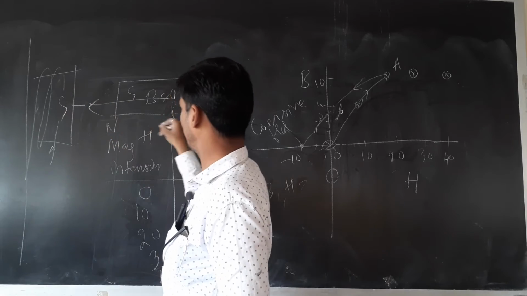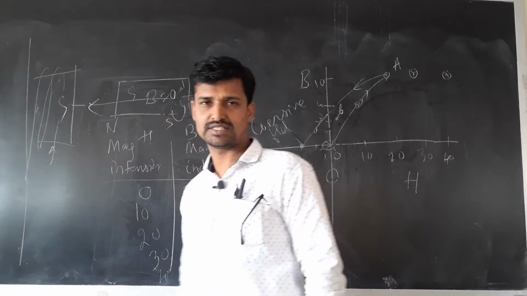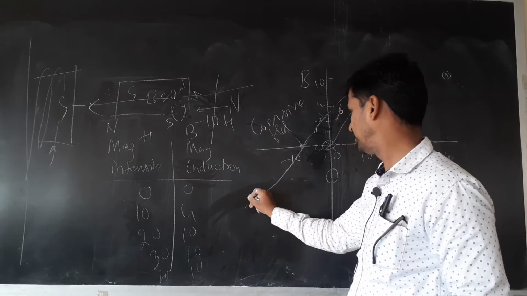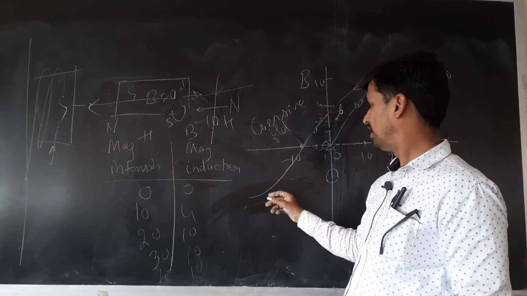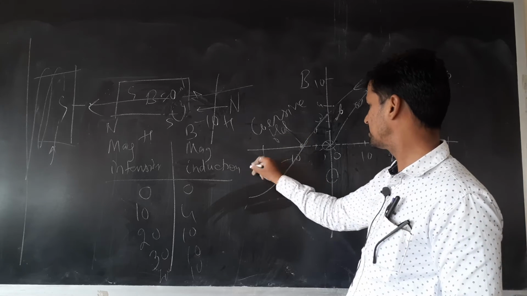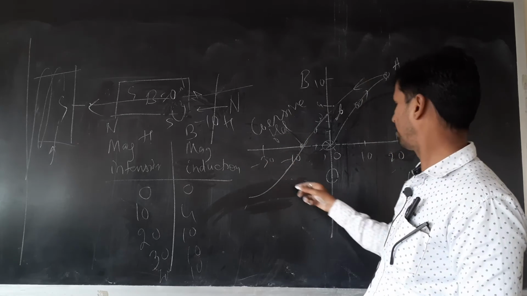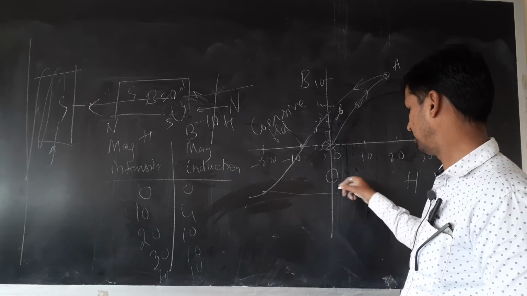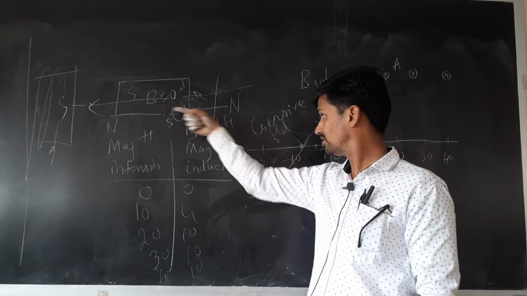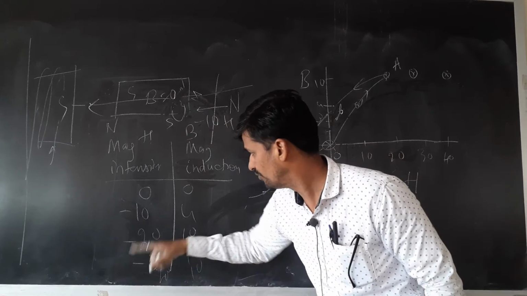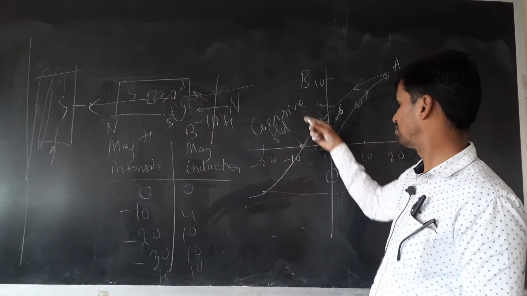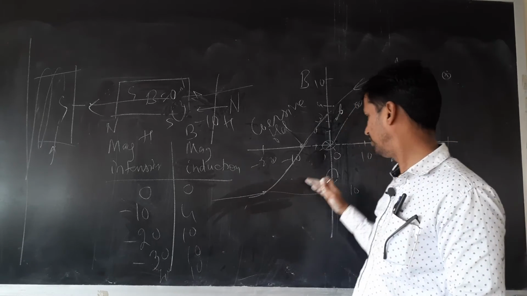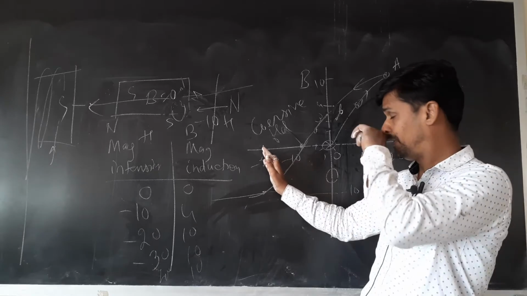Now what is done is, in the reverse direction go on increasing the magnetic field, it gets magnetized in the opposite direction, meaning this will be north, this will be south. It will be magnetized in the opposite direction. So we'll be getting, children, the same tracing but in the opposite sense. If you cross some H, say minus 20, B has become say minus 10. If you go on increasing this H with negative sign, B also goes on increasing in the opposite direction, but it will remain constant when you cross some field.